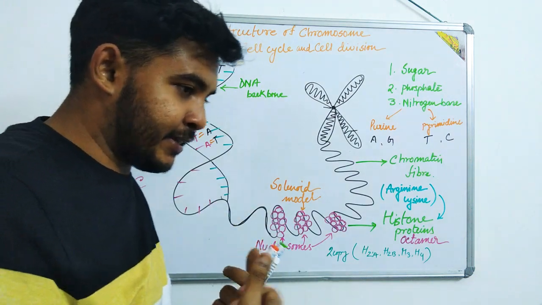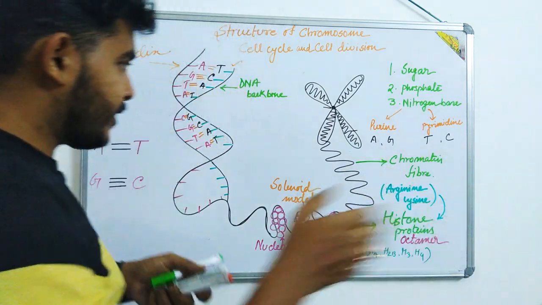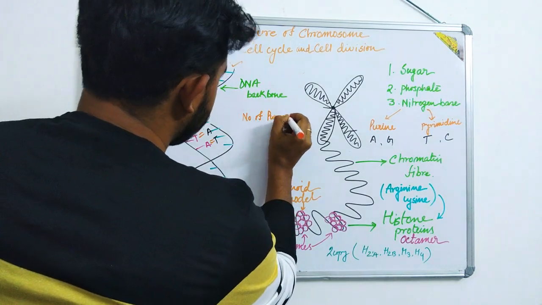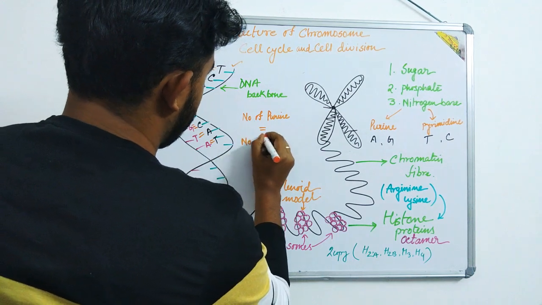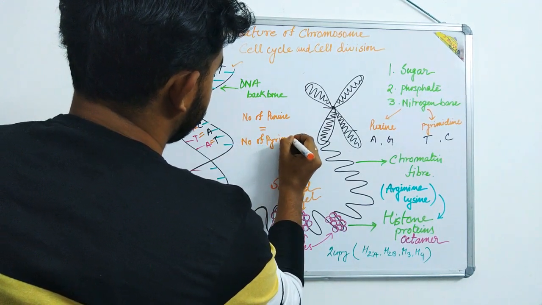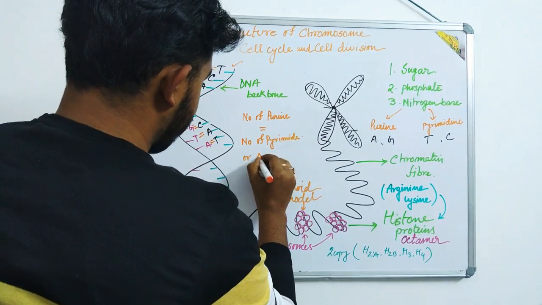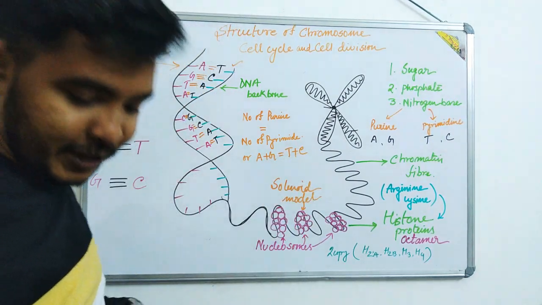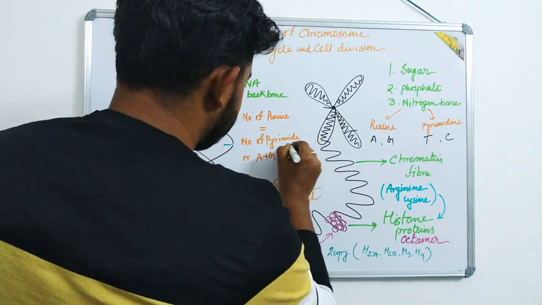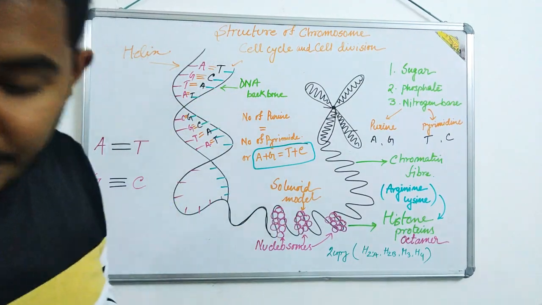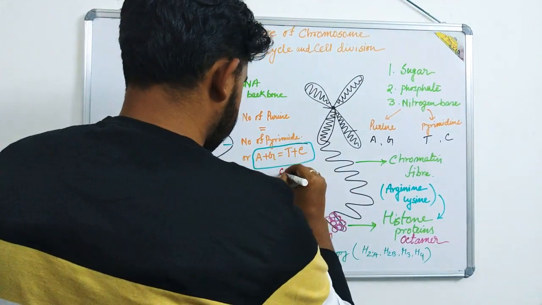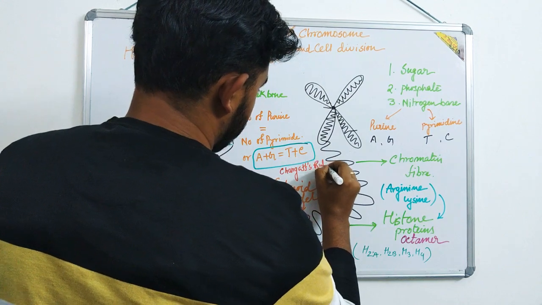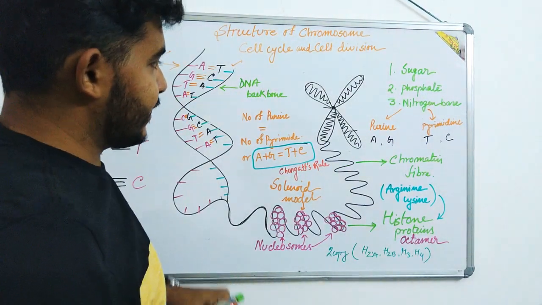One more thing I want to tell you is that there are some amounts. Okay, as our DNA is inside our body, inside all the cells, in the nucleus. So always remember the number of purine is always equal to the total number of pyrimidine, or A plus G will always be equal to T plus C. Okay, this has been named after one scientist, Chargaff's rule. Okay, so that's it.